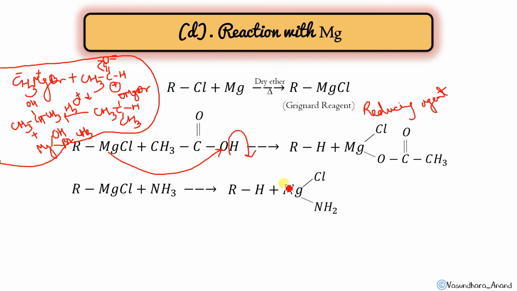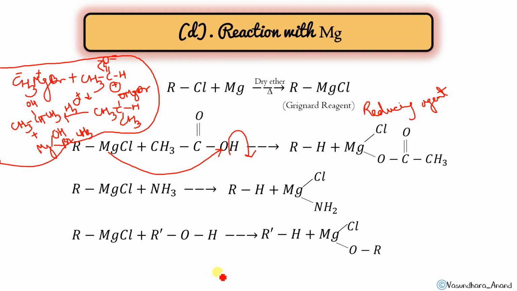Okay. If the Grignard reagent is reacting with alcohol, again it will give you the alkane. The main thing is that अभी तक जो alkane दे रहा था, the alkyl group present in the Grignard reagent was deciding which alkane will be formed. Okay, but when it reacts with the alcohol, then the alkyl group present in the alcohol will give you the alkane. Try to understand what I am saying. देखो, sorry, the alkyl group which is in the alcohol is going to form the alkane.